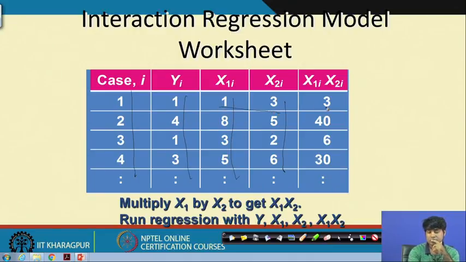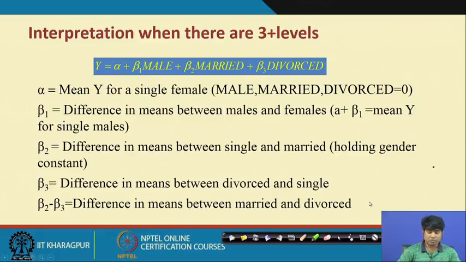So, 3 into 1, that is 3, then this becomes 8 into 5, 40, 3 into 2, 6, and 5 into 6, 30. This will be the other information created for the interactive variable, and then finally you have to estimate y with respect to x 1, x 2 and x 1, x 2 simultaneously. Then we would like to check how the behavior of this particular model is and the interpretations. Likewise, you can develop different kinds of models, and signify the importance by using the dummy concept and the interactive effect.